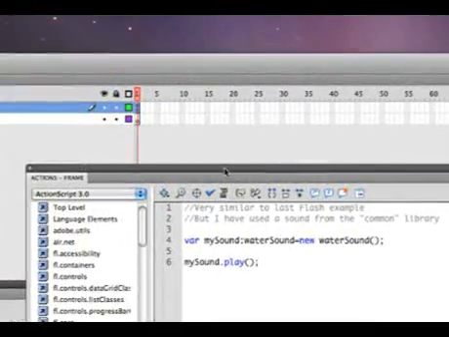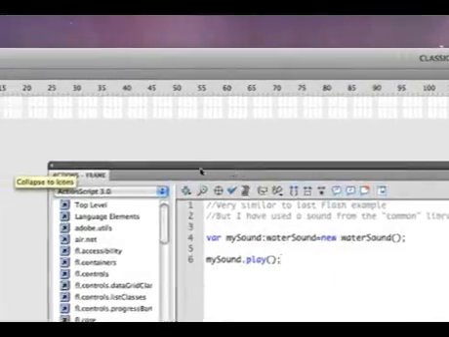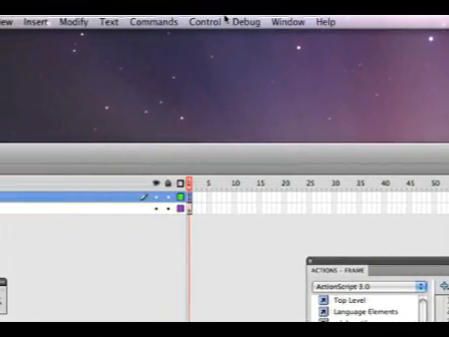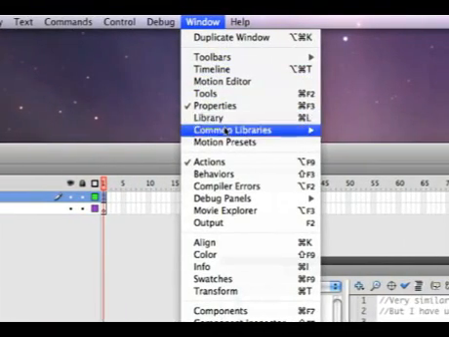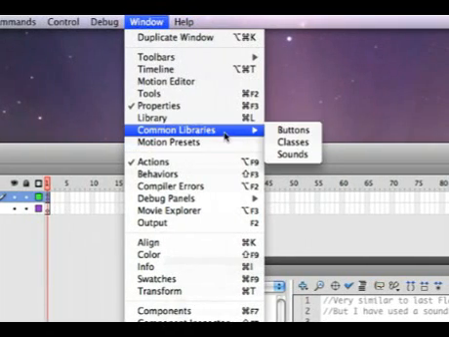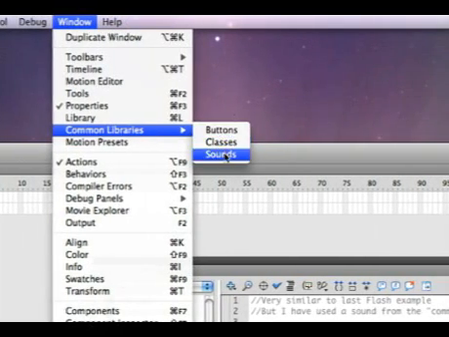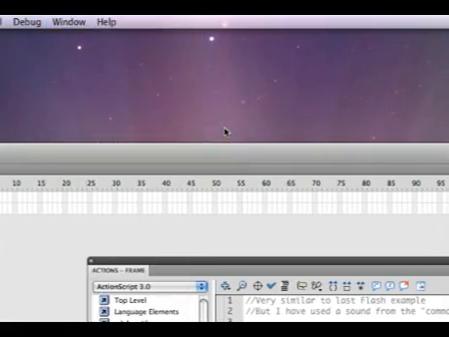Now, the thing about this one is I wanted to just demonstrate how to work from the Common Library. And we haven't talked about this. You may have found this on your own. But there's lots of neat things up here that you can use from the Common Library. There you have a whole bunch of buttons,